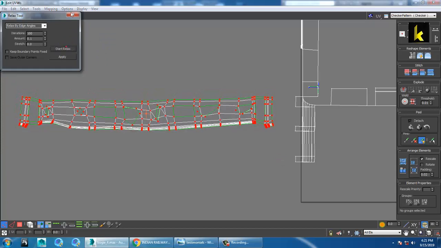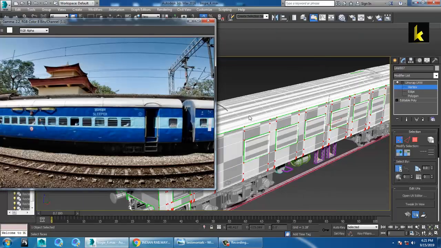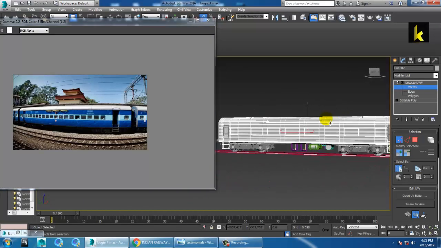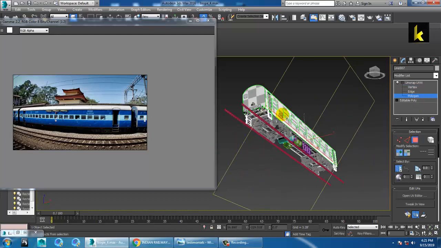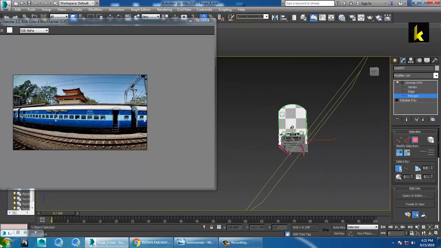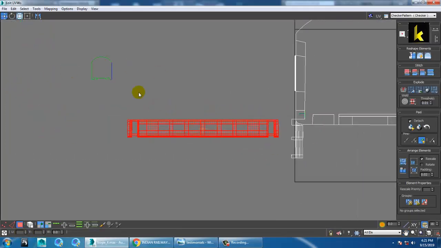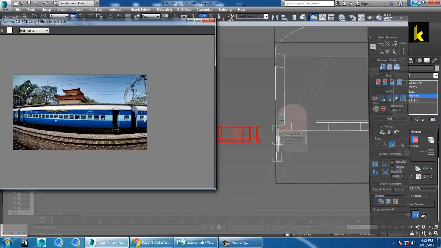So let's not do this. Alright. So you're just done with this part. Now you can just select the other side of it. You can select the top one. So let's first select this, shift select this. Select both of these, and